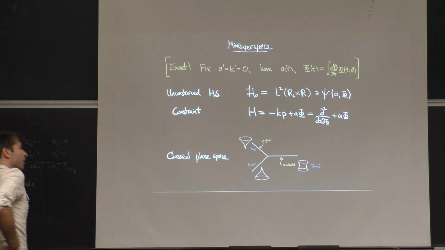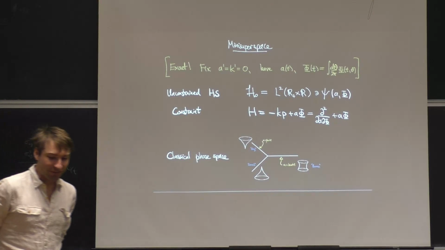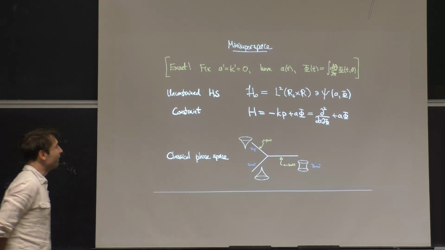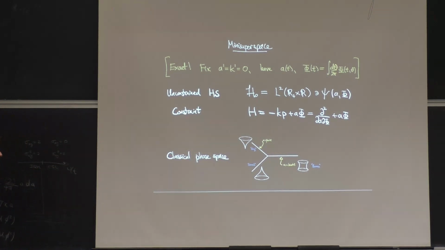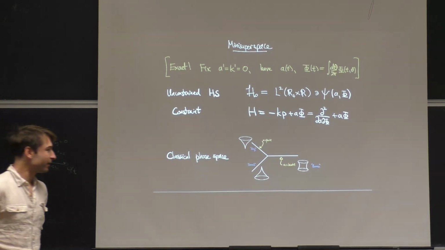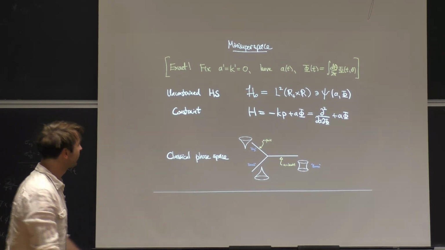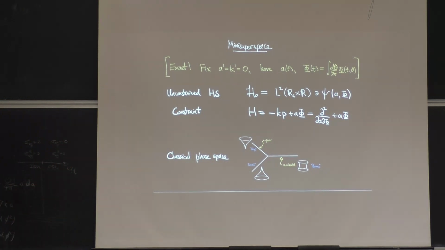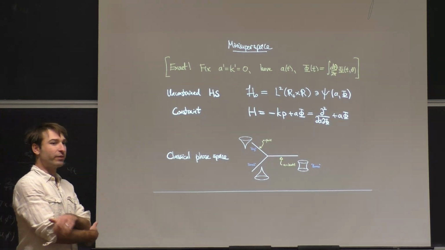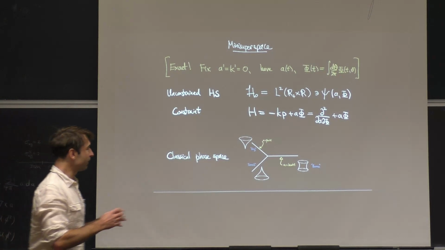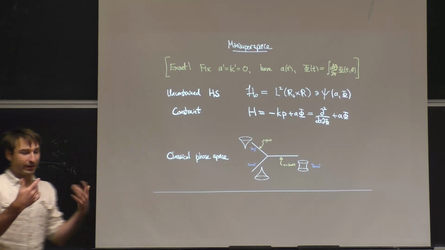So for essentially all the talk, I'm actually going to make this theory yet simpler. It's not simple enough for me yet, which is to go to some minisuperspace version. As a justification of this, I can say afterwards that this minisuperspace truncation is actually exact, or at least it's exact in the part of the theory that it captures. A way to think about this is we do some gauge fixing so that our Cauchy surface has constant extrinsic curvature. It turns out that you can do that gauge fixing exactly, and so we're only left with a